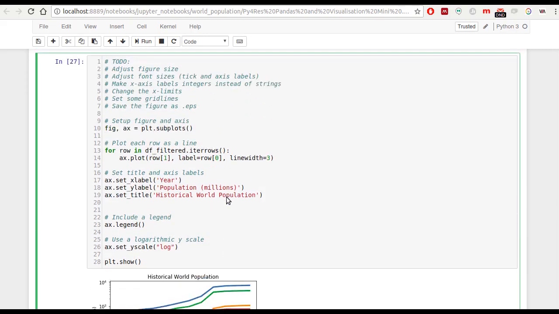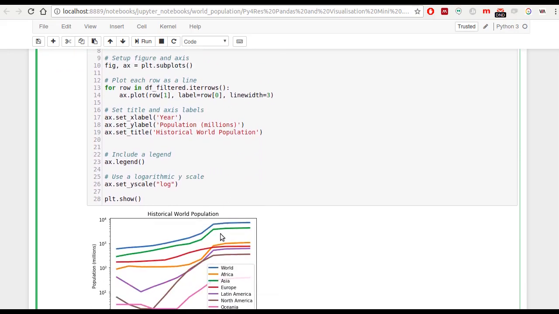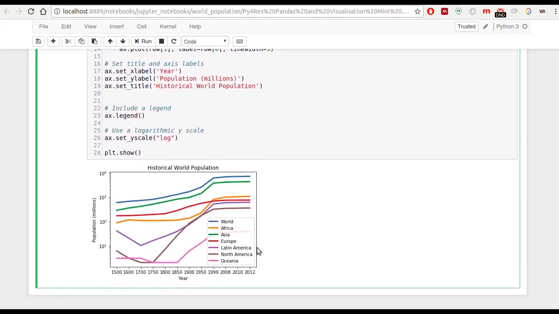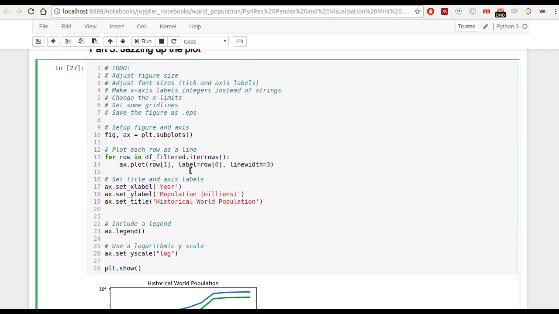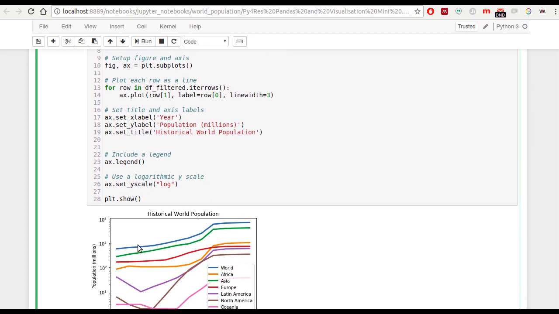So, over the next 10 minutes, we're going to make the figure a bit bigger. Let all that data breathe a bit on the page, and we'll have to change the sizes of the labels and the title accordingly. We're going to change the X scale so that there's no gaps, so my lines actually touch the edges of the chart. I think I'd like some grid lines on there. I'll put some grid lines on, and the most important thing I'm going to show you is how to then